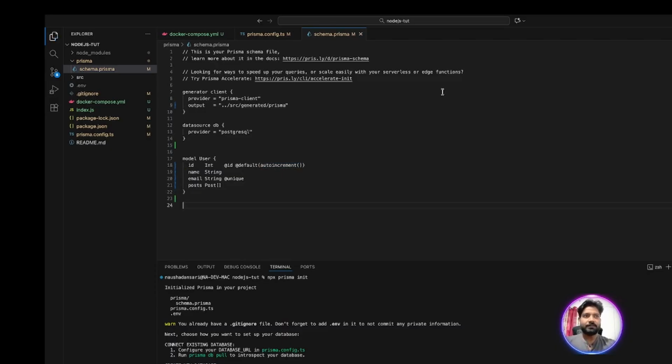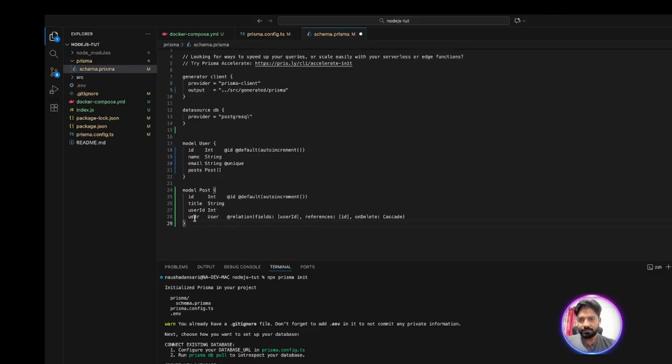Then save it, and we also need a post. So here, if you try to understand, the user is this user. There is a relationship between the user and the post. So whatever post is for a particular user, that should come here. Whenever we create the post, we also give the user ID. When we give the user ID, our user will always have that post. So that is the way we can create this